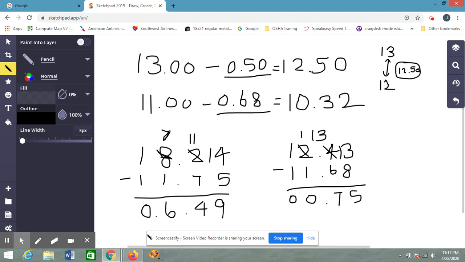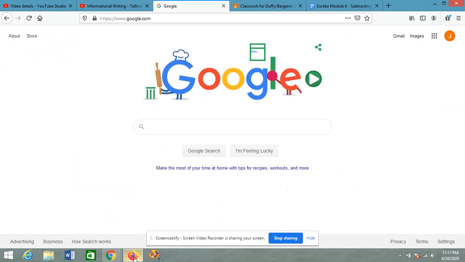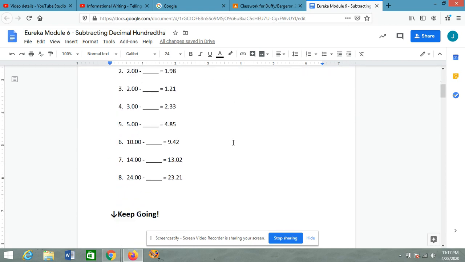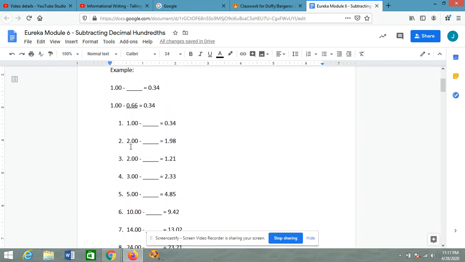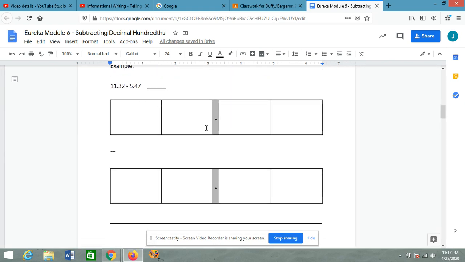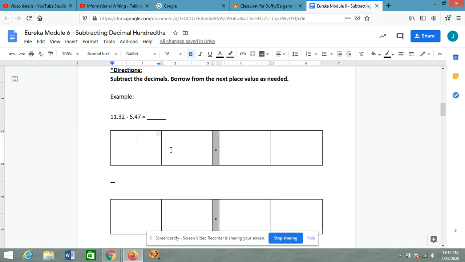Yeah, so that's what we'll be doing today, and I'm going to do the example on your work for today. Yep, so there's the top part, taking away however many hundredths you need. Here's our example. So we got 11 and 32 hundredths